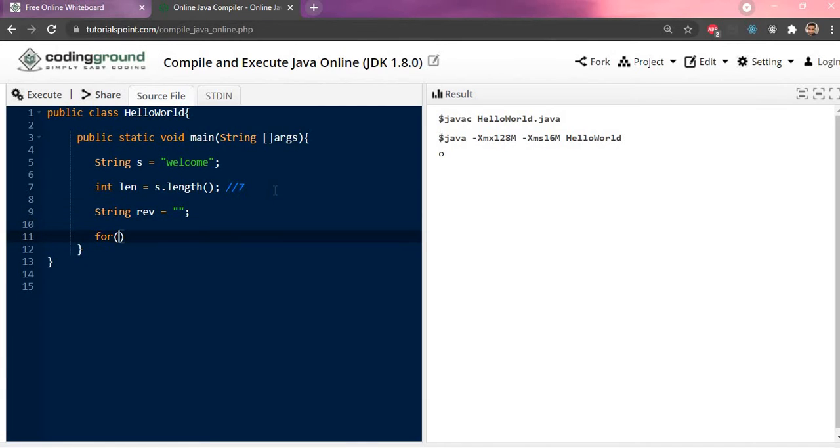Now I will use a for loop: for int i equal to len minus 1, i greater than or equal to 0, i minus minus, rev equal to rev plus s dot charAt i. Outside this loop I will print